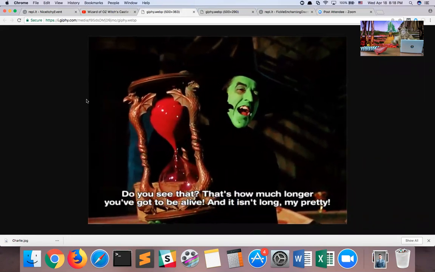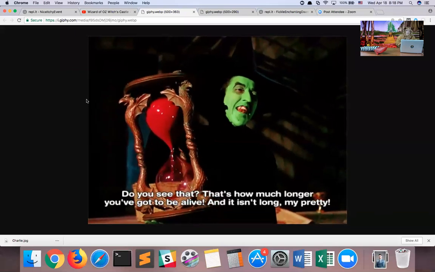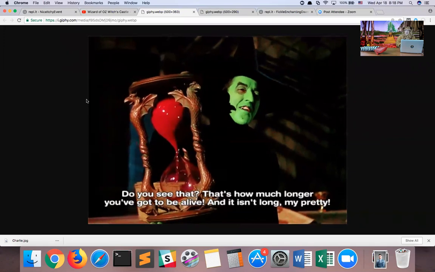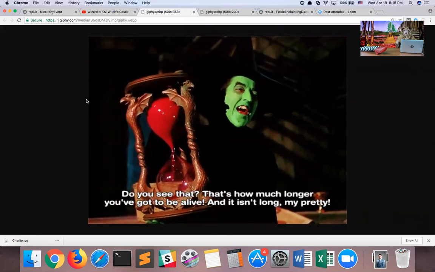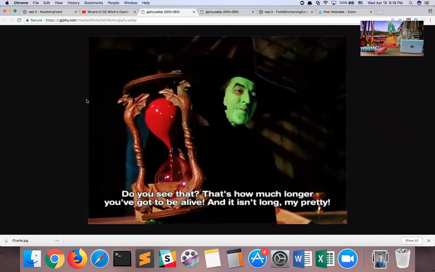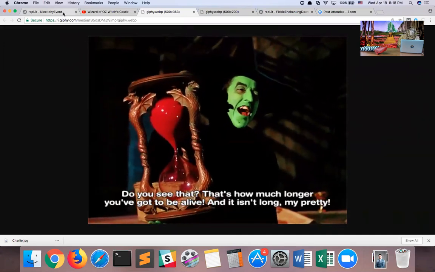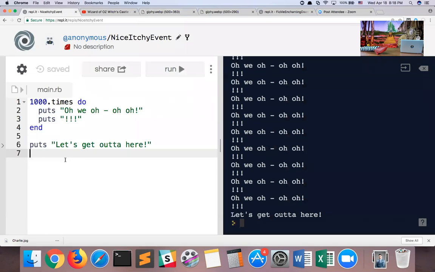I'm the lion, so I'm not going to do the impression of the Wicked Witch, but that's how much longer you've got to be alive. And it isn't long, my pretty. Now, I don't know how it works. I don't know the magic behind it. But somehow, when that hourglass runs out, then Dorothy dies. So if we wanted to write a program that replicates the hourglass, we can do so.